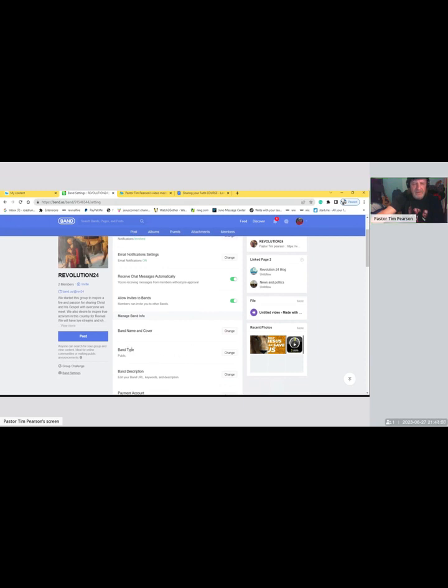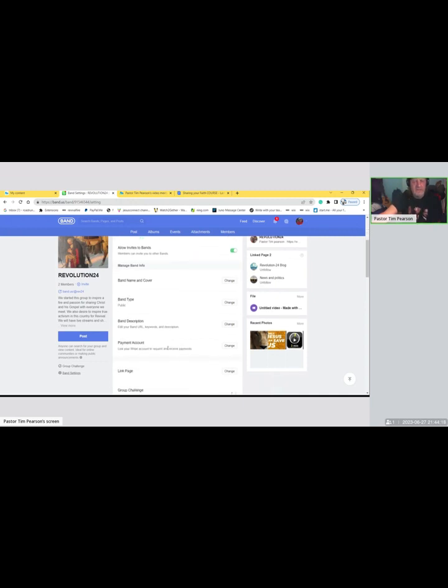You can have it public or private. You can change a certain amount of the customization. Again, it's kind of like Lark. There isn't a whole lot you can do with it. But you can add a picture on the landing page, which is nice. Nice feature there. A description of the Band, you can add that. You can add your payment information.